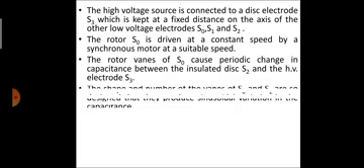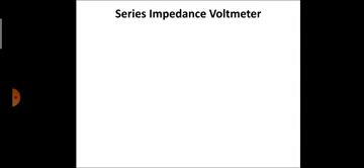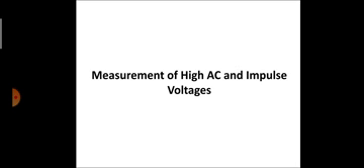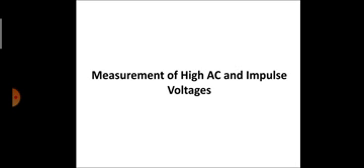First we'll see this was your generating voltmeter and these are the advantages and disadvantages. So, measurement of high AC and impulse voltages. Here first we'll see the series impedance voltmeter. In the last measurement of HVDC we used a generating voltmeter, but here in measurement of HVAC and impulse voltages,